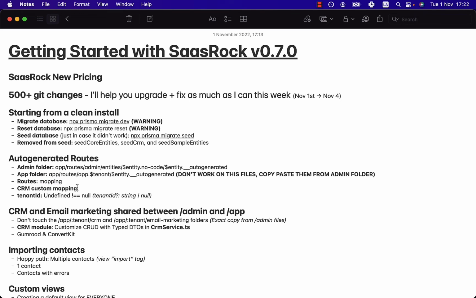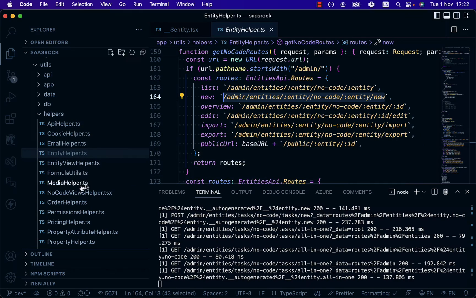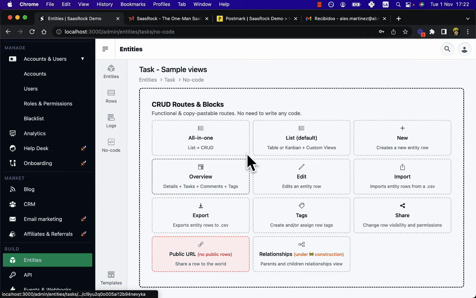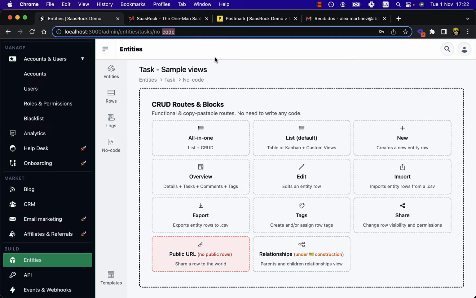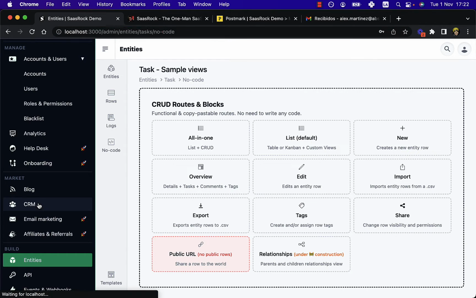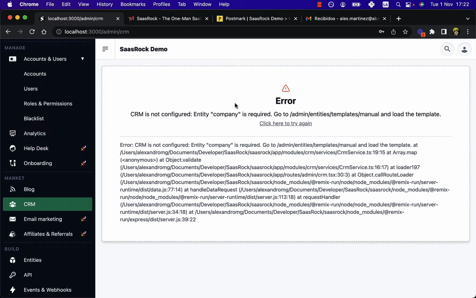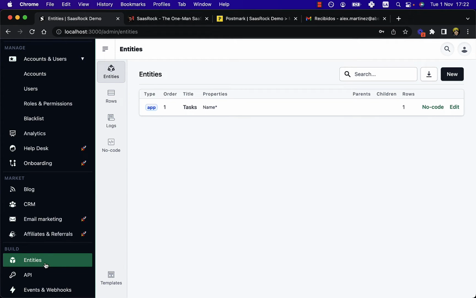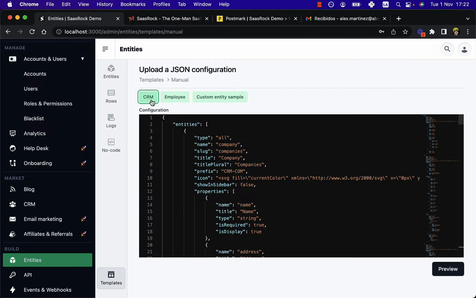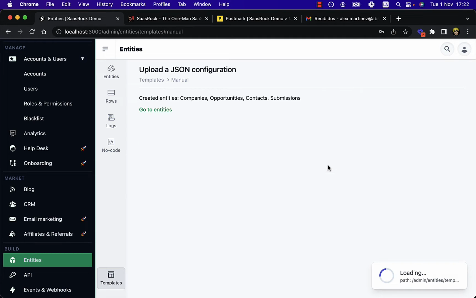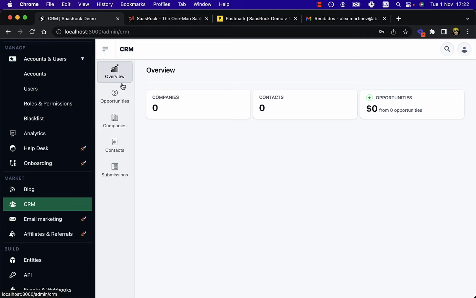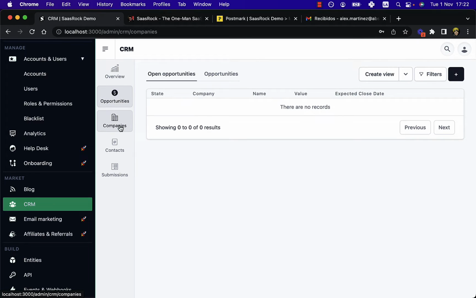And let me show you how the CRM custom mapping works. This is the no-code mapping default for admin. But since the CRM is based on CRM entities, I have not configured the CRM entities. So let's load them real quick by going to entities, templates, manual, CRM, and create all 4 entities and go to the CRM again. So as you can see, here are the auto-generated routes as well,